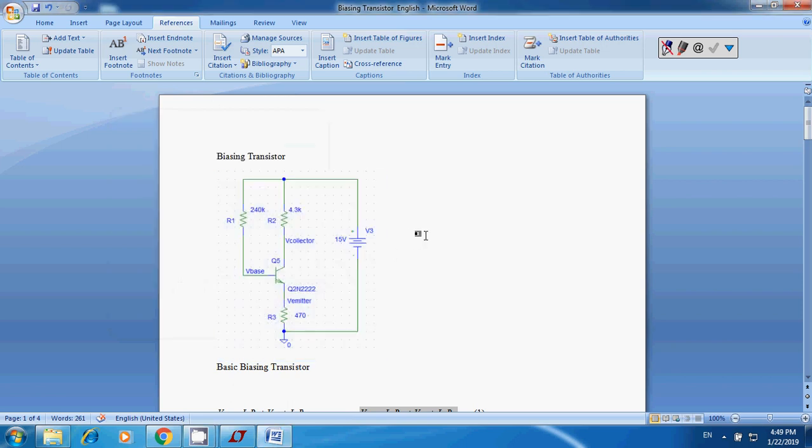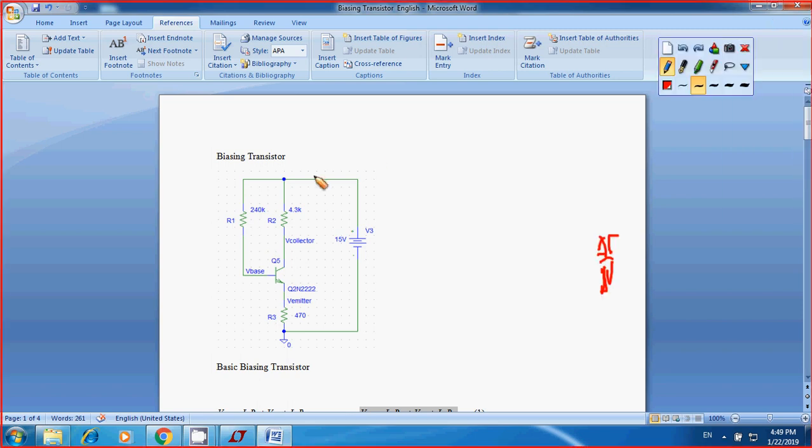Hi everybody. For this video I'm going to talk about the biasing transistor. As the simple circuit for biasing transistor, what you can see is that you're going to have